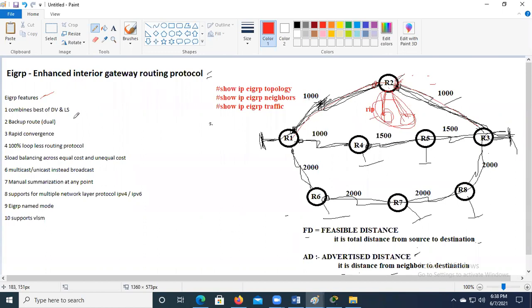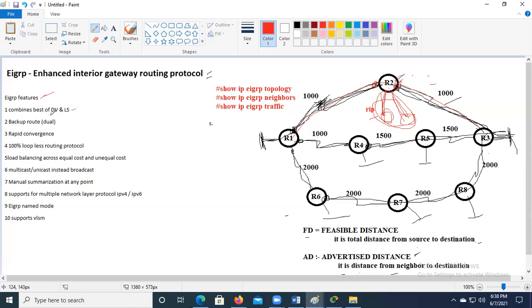By default, EIGRP combines the best of distance vector and link state routing protocols. Mostly we say EIGRP is a hybrid routing protocol, and it is an Enhanced Interior Gateway Routing Protocol.